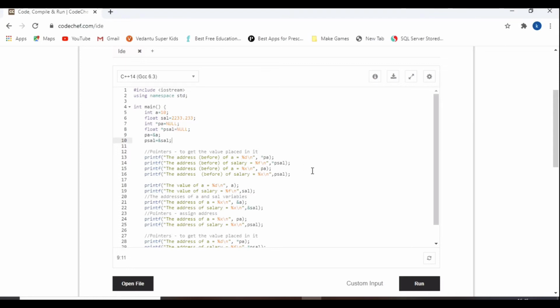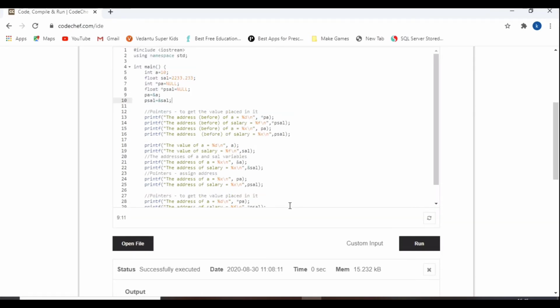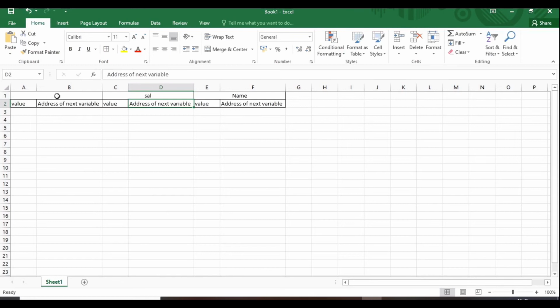Hope it is very clear. Pointers are not a tough topic. It is very easy to understand. So this is the clear definition for you. There is no need to remember the definition of pointer. The salary address is contained in the pointer variable.